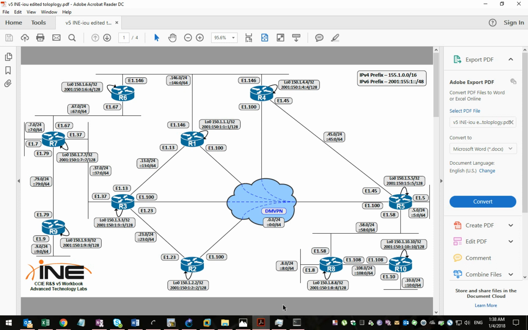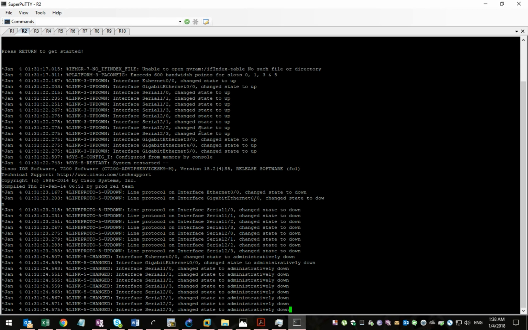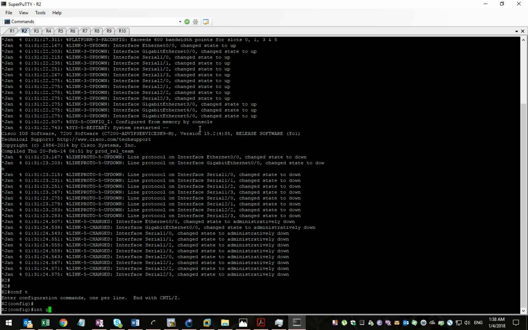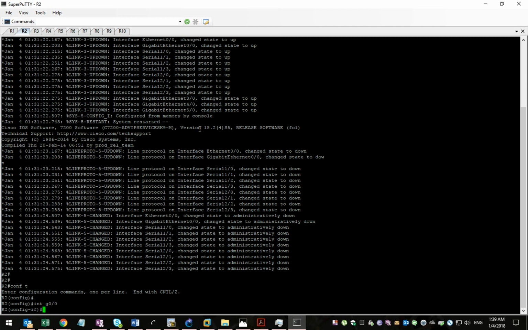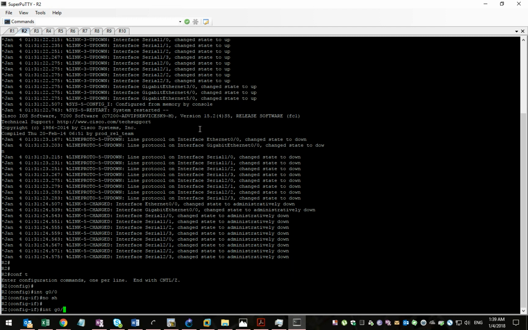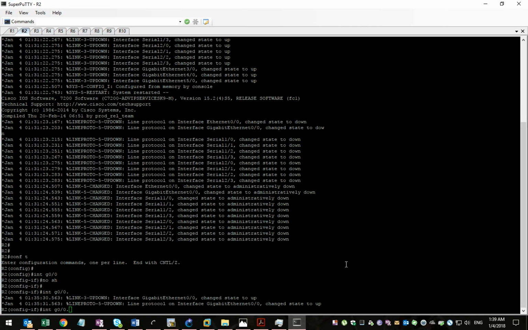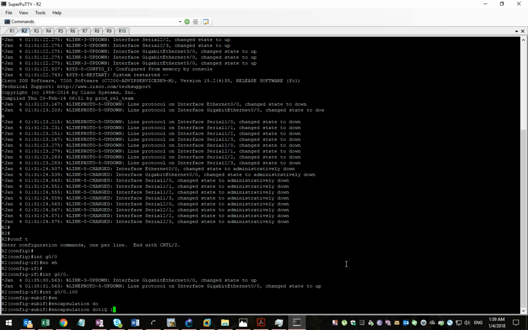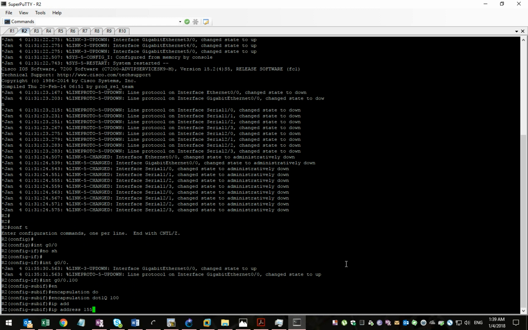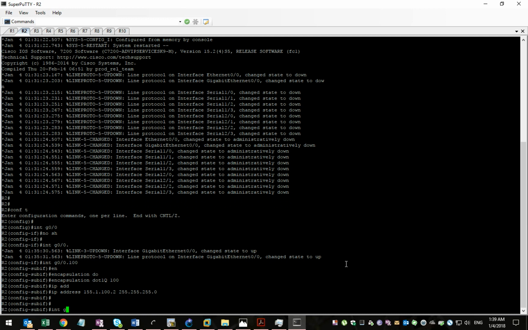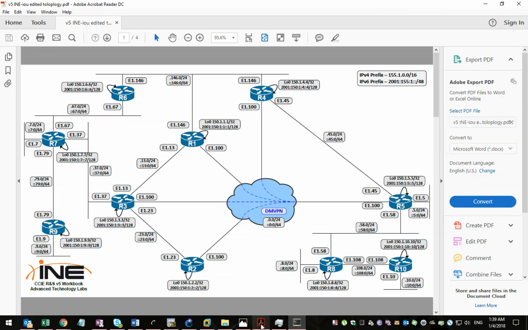We will come back to router 2: conf t, interface giga 0/0, no shutdown, interface giga 0/0.100, encapsulation dot1q 100 with IP address 155.1.100.2 class C,